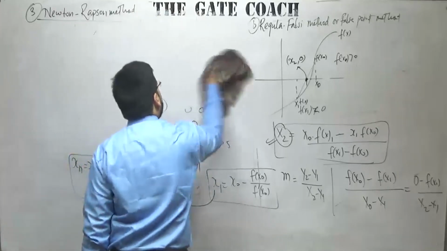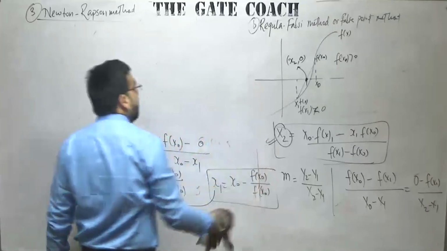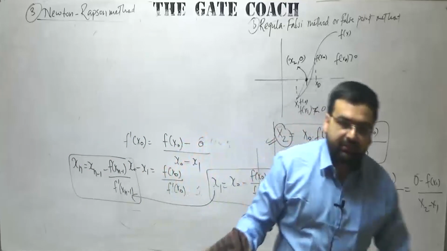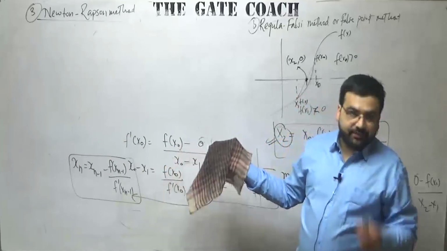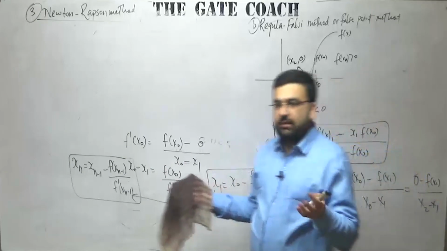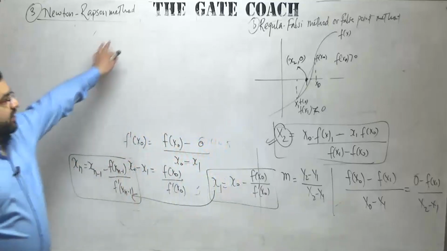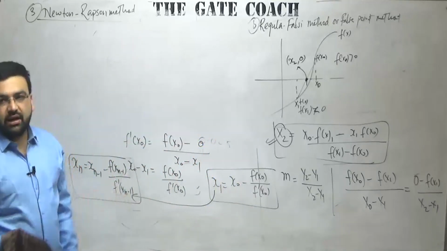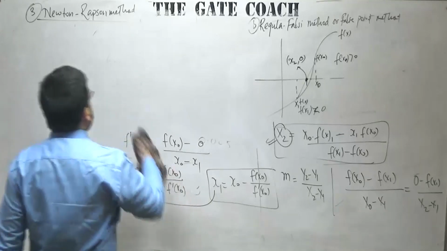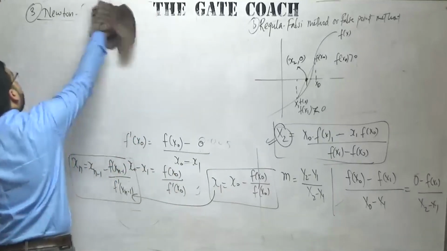And that is why you must have seen that in previous examinations, the Newton-Raphson method is very frequent. Even when you are going for MTech and doing some research work, obviously you will be getting some errors, or you will be getting some equations which are very difficult to solve with normal methods. So you will be using numerical methods. Generally we go with the Newton-Raphson method because we get our exact root much quicker as compared to the other methods, and fewer iterations are required. That is why it is also frequent in examinations.